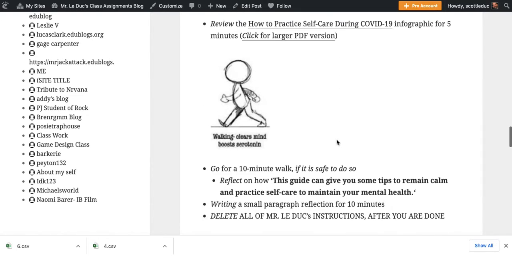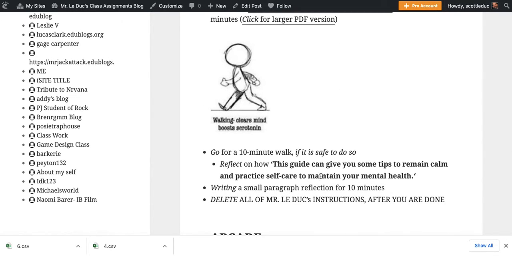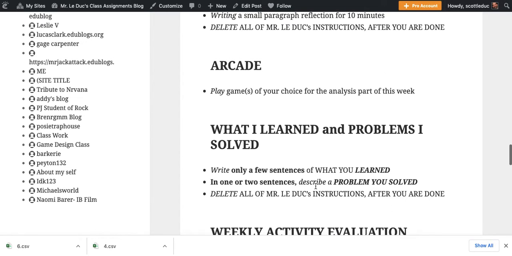And then go for a walk for 10 minutes and think about it. Then come back in here and you can do a reflection. And you don't have to spend 10 minutes writing a reflection, just about 5 minutes. Just remember, if you don't do something, you don't remember. And so if you come across some information that you think is important, doing something physical by typing, putting it somewhere in your blog so you have access to it, that's important to do.